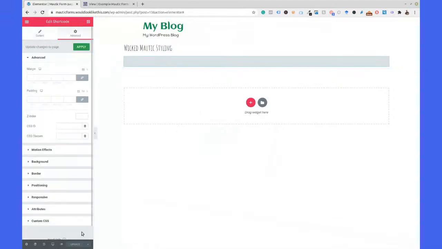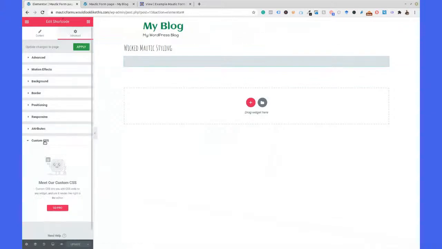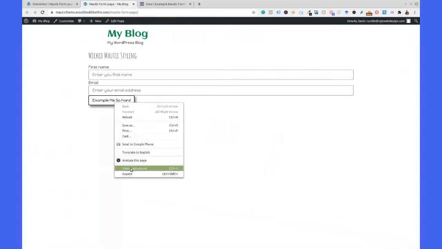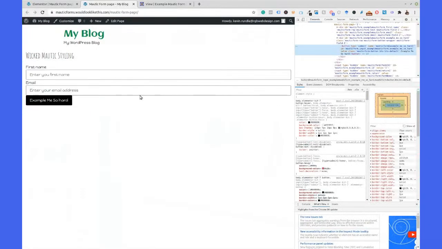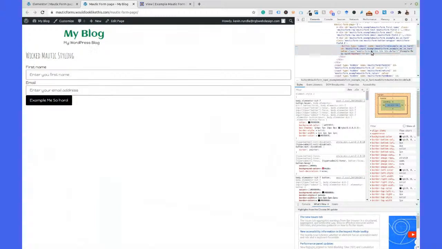We can add a little bit of CSS. Now, part of the problem with that is you're going to end up doing one of these. So you can see your form. Like I said, you're going to probably do a bunch of default styling. Well, I can't do custom CSS here, so I'll end up doing it at the theme level probably. But to get the different classes that you're going to need, inspect. Now when you look, you've got a class of Mautic form button. So the first thing I do is I take form button, I copy it,